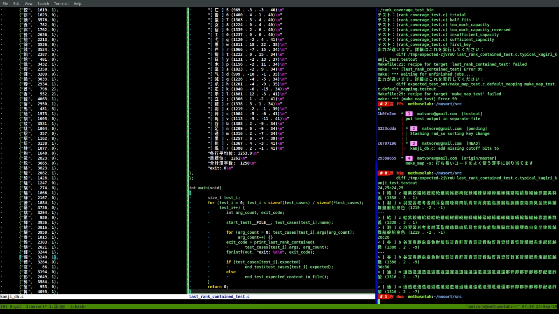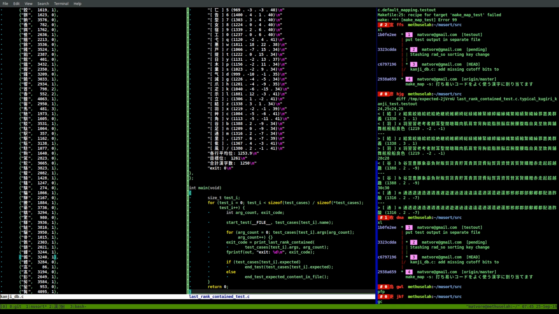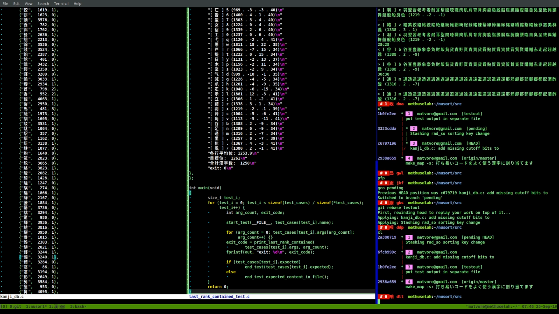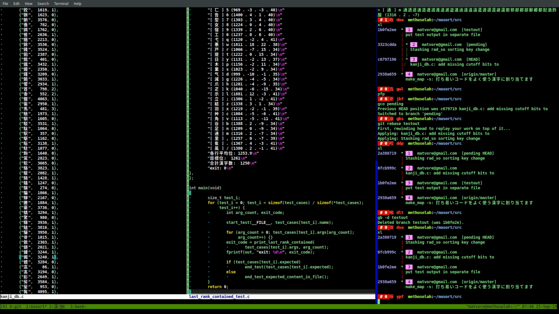Okay, so I don't have time to finish this right now. We'll pause it. Okay, I'm back. Now, the deal is that add missing cutoff bits, which I thought would be self-contained and very simple, even that is changing the test output a little bit. And so we're going to put the test output in a separate file in the very first commit. Okay, so let's check out pending and rebase this onto test out. Okay, now I don't think we need test out anymore. And now we can go to